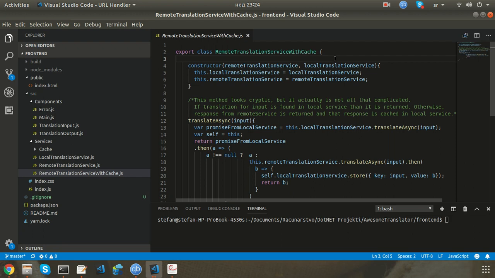After, when a user clicks OK, we will again call the remote translation service with cache to translate our input, but then we will have a cache hit and not a miss,